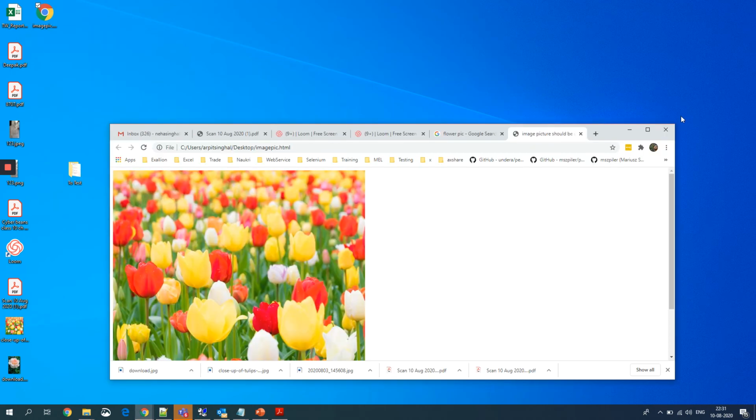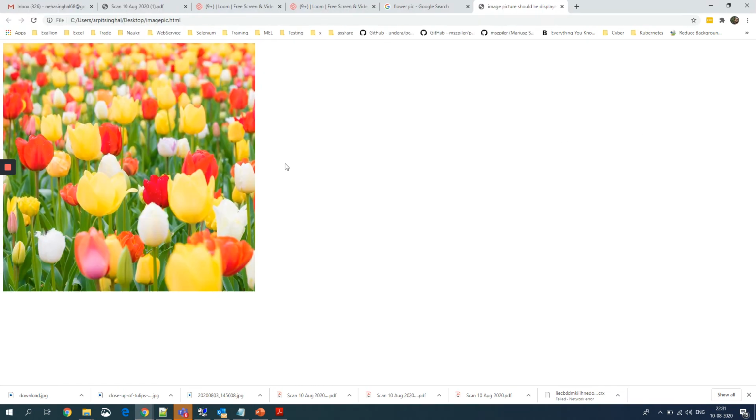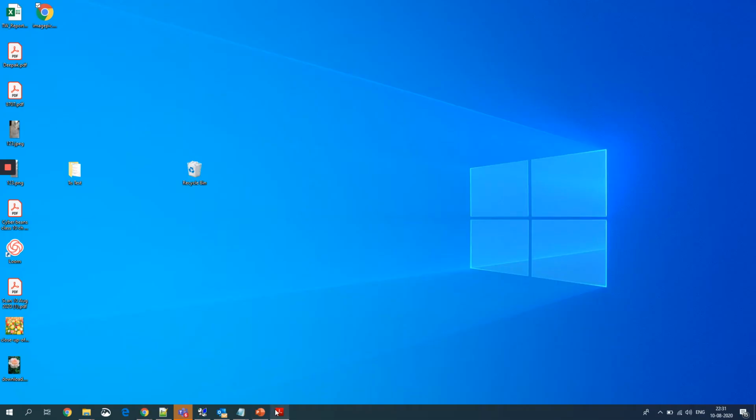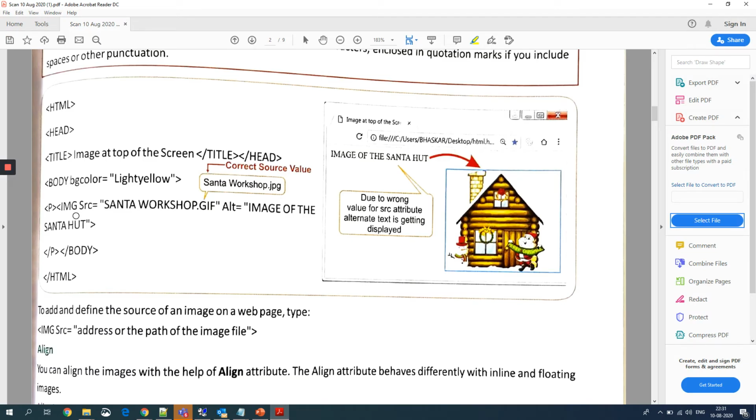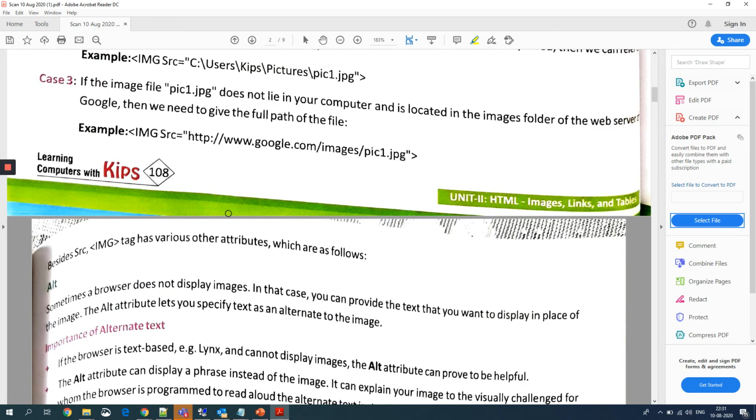Now what you will see, your image will appear onto the screen. Now you can see the image which I have fixed there on my HTML document is completely coming here. Now what next we have to do here is, we have so many other attributes as I told you in the chapter. So we will work upon that. Like they have given alt tag. Now one by one I will tell you what are the uses of these alt tags.